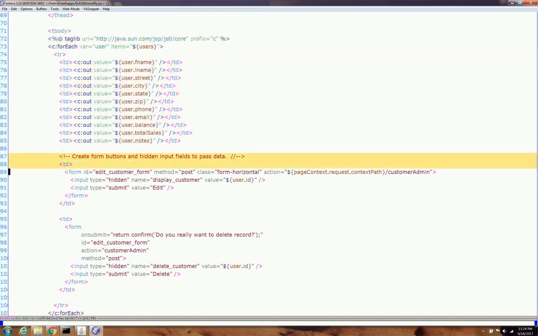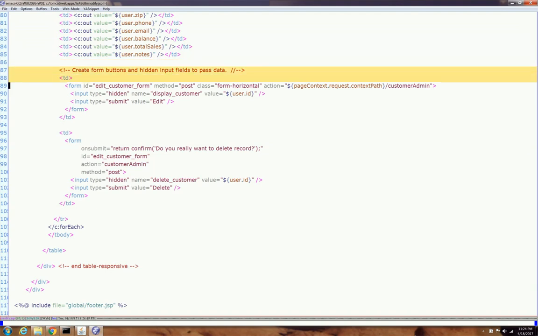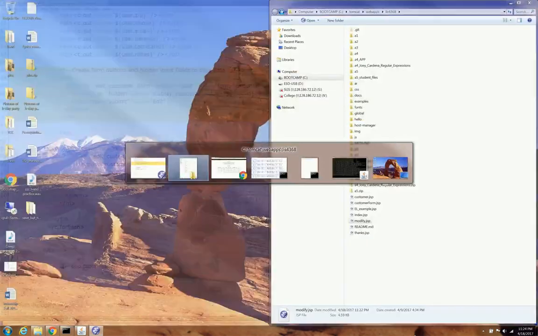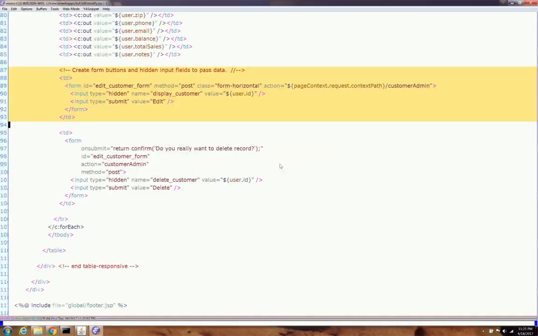We also have some other buttons as well. This is for the edit button and this is for the delete button. Let's take them one at a time. Notice that each button is essentially its own form. So here's the edit button right here. Notice how it's processed,